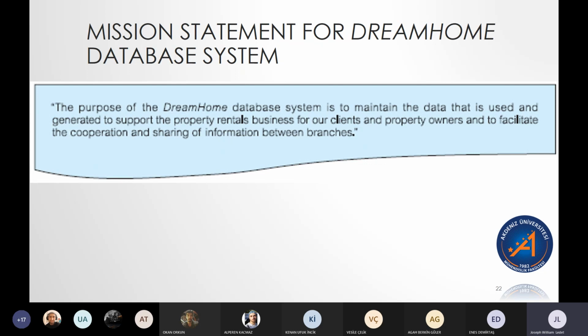We might also look at the mission statement for our DREAMHOME database system. One thing I'm going to point out here, the purpose of the DREAMHOME database system is to maintain the data that is used and generated to support the property rentals business for our clients and property owners, and to facilitate the cooperation and sharing of information between branches. Okay. Now, one thing is